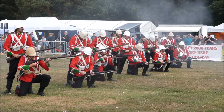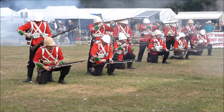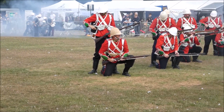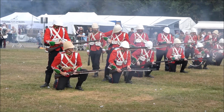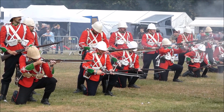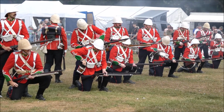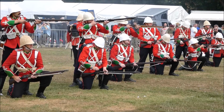No need to fire your black powder. It actually discharges a certain amount of smoke, and that gives your position away. You're not actually interested in trying to hide yourself. In fact, it's actively encouraging people to come on to you, because the Martini-Henry